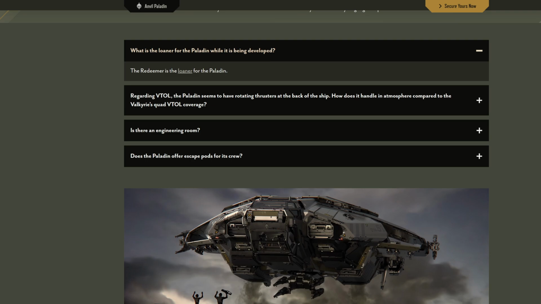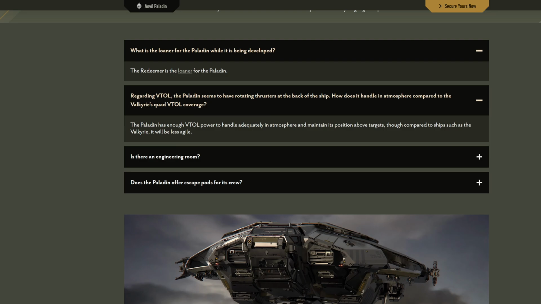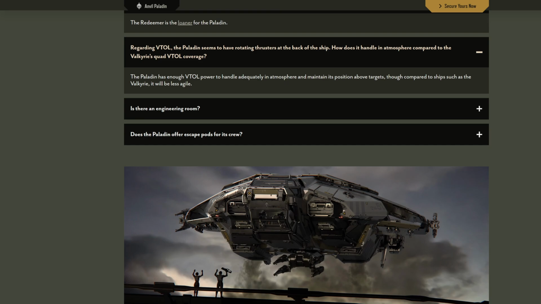So it says, regarding VTOL, the Paladin seems to have rotating thrusters at the back of the ship. How does it handle in atmosphere compared to the Valkyrie's quad VTOL coverage? It says the Paladin has enough VTOL power to handle adequately in atmosphere and maintain its position above targets. Though compared to ships such as the Valkyrie, it will be less agile. So just like I suspected, that VTOL is going to help it maintain its